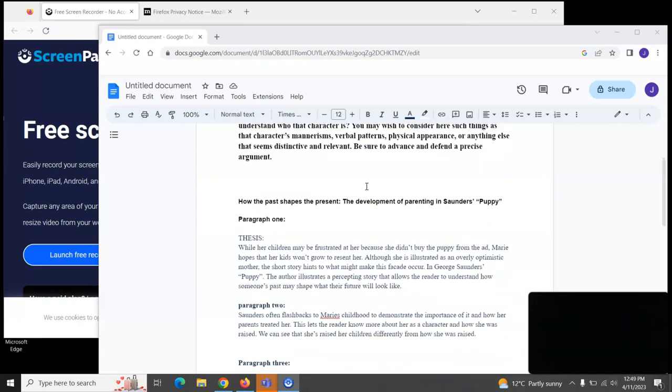So I'll be writing about George Saunders' Puppy, the short story that we learned. The reason I'm picking the short story is because I felt like it was a pretty enjoyable read. I really enjoyed how the author was able to give us two different points of view from two different mothers, in which they're both living different lives. One life is, I guess, high maintenance, materialistic, drives a Lexus, stuff like that, and the other point of view is like white trash, focuses on letting her child play outside, farm stuff like that.